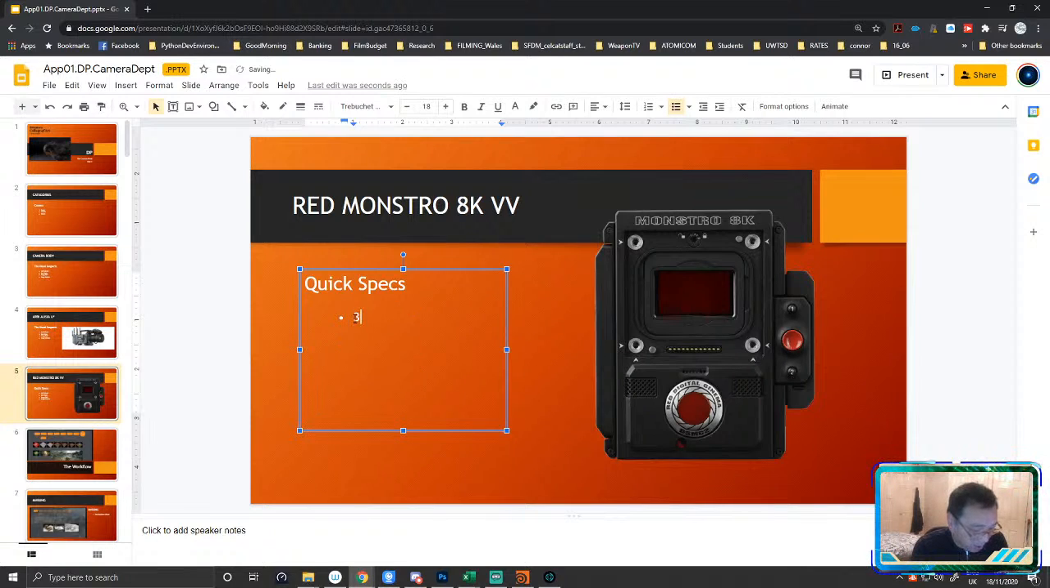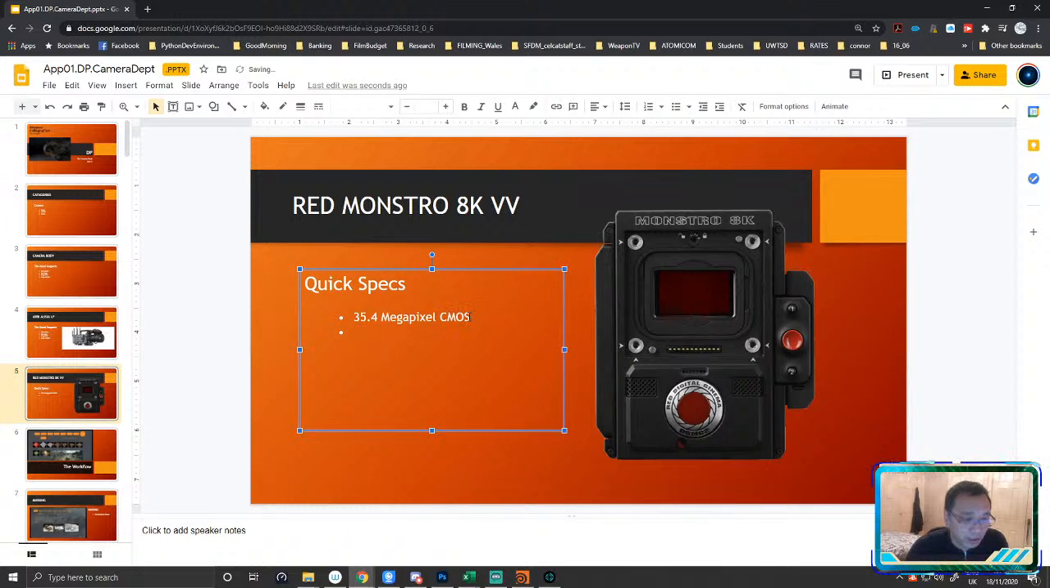So here we got a 35.4 megapixel CMOS, right? And this is what we will need a little bit later on. Let me actually put CMOS sensor in case I present this. And then we've got